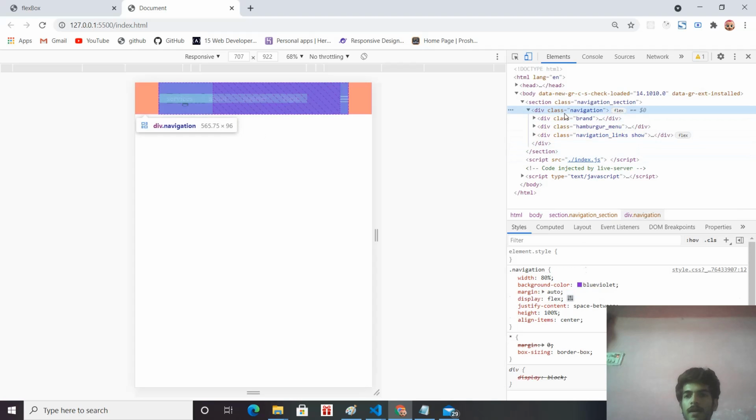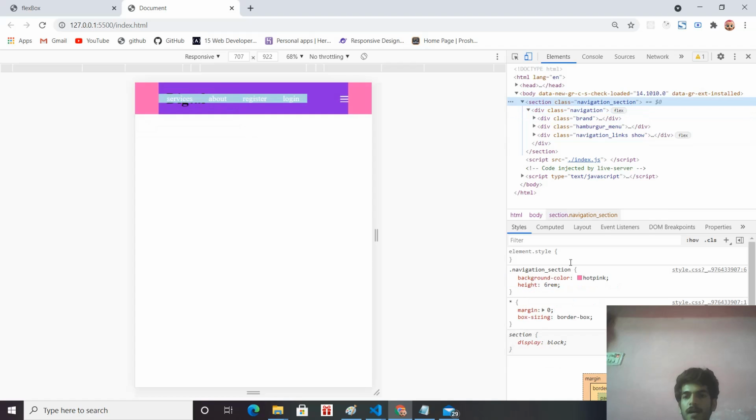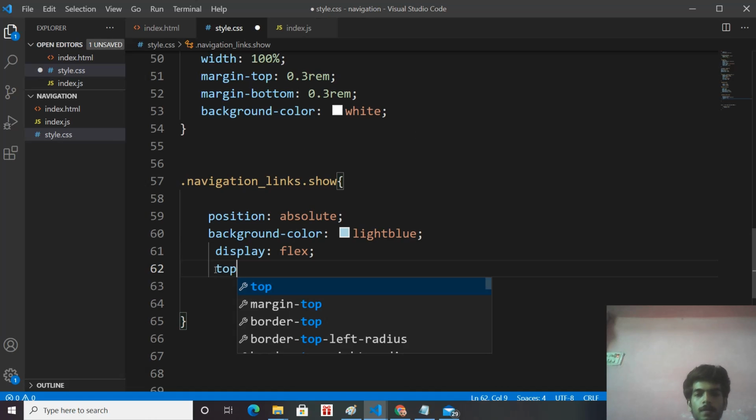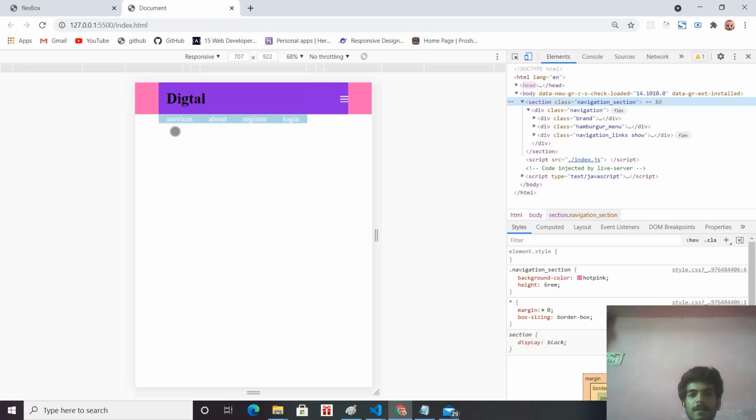In the navigation section, our navigation is height 6 rem. So our navigation link should always be from top 6 rem, so that it can be placed below this navigation container. So if I give top 6 rem, see, now our navigation comes at the right place where we want.